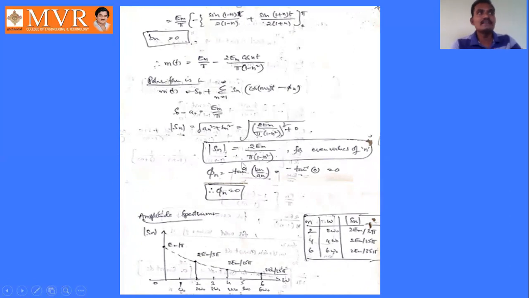So if Bn is 0, then phi n becomes minus tan inverse 0 by an. So minus tan inverse 0, its value is 0. Phi n is 0. If phi n is 0, it means there is no phase spectrum. Only we have frequency spectrum. Frequency or amplitude, both are same. So by substituting the values of n omega and Sn, we will get the